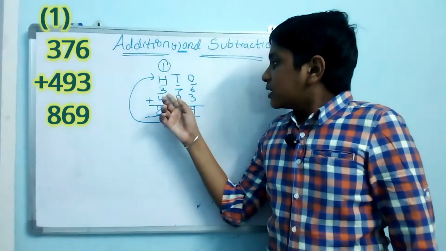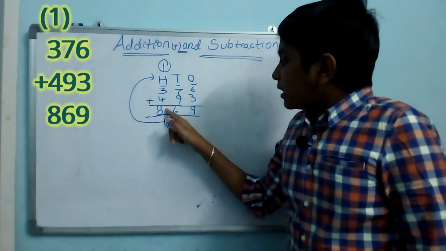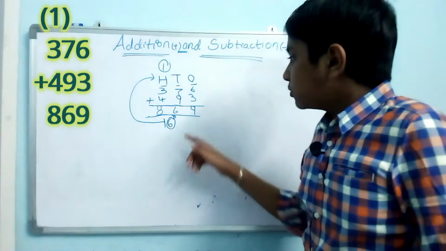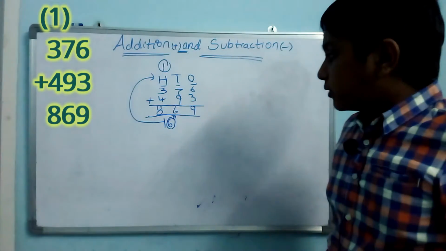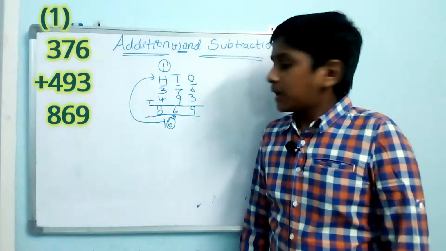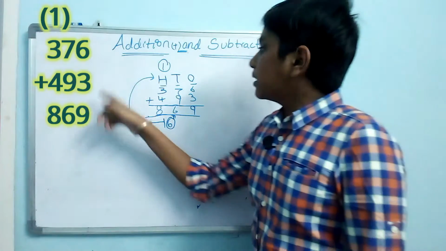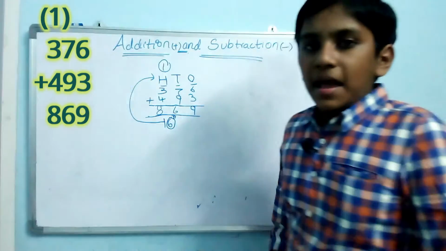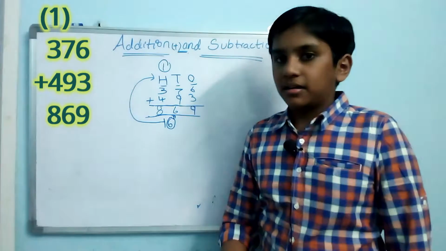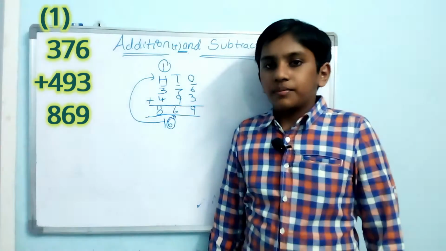So my friends, 376 plus 493 is 869. My friends, we also learned how to represent a two-digit number here. Let's recap about it. Here 9 plus 7 is 16. We have to write 6 in the column, and we have to carry the 1 to the next column, that is the hundreds column. And also the carried number is represented as an addend. The carried number is also an addend in the column that it is carried into.